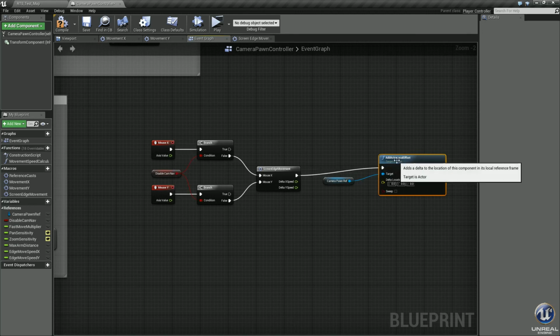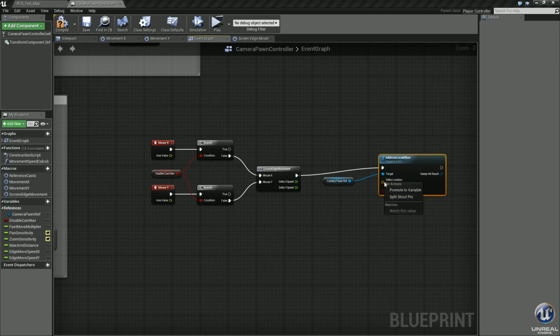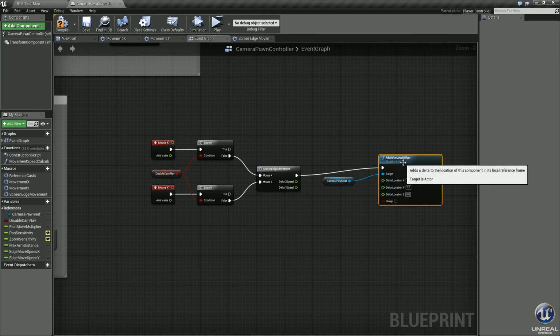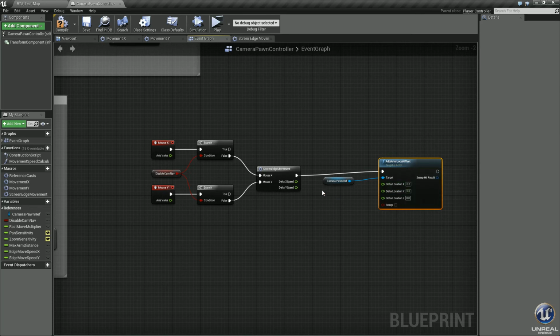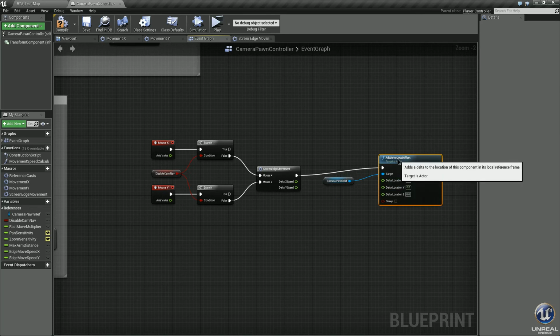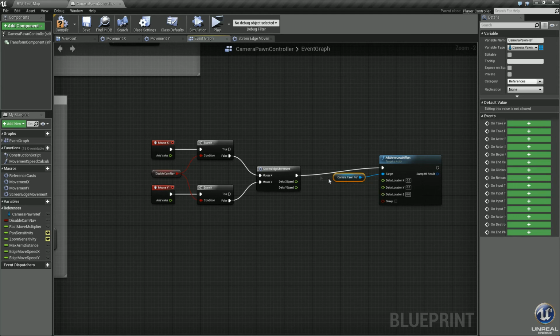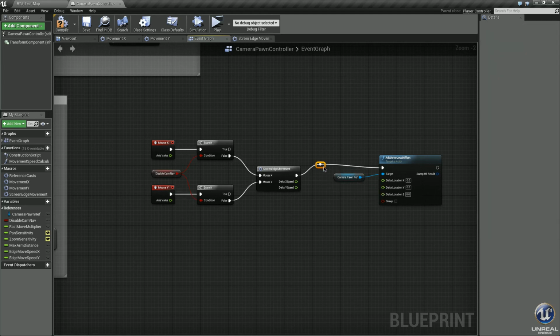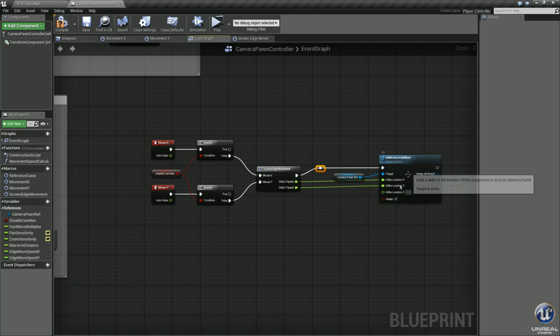Plug in the execution pin, and then let's split this. Right click on the pin and split struct pin. So now it gives us the delta location X and delta location Y. Let's tighten this up a little bit. I know I'm a little finicky with this stuff. All right. Delta X into the delta location X, delta Y speed into the delta location Y, and we'll leave the Z. Let's run a sweep, and that should be it.